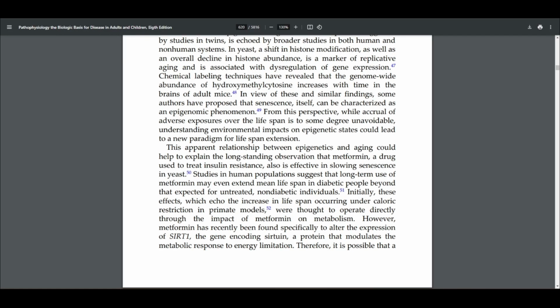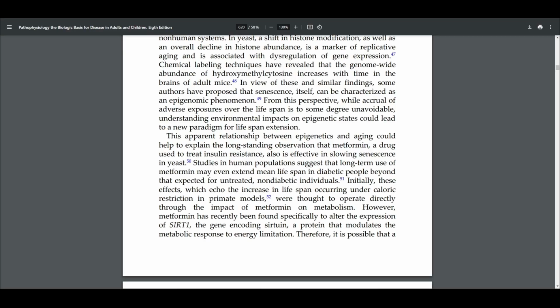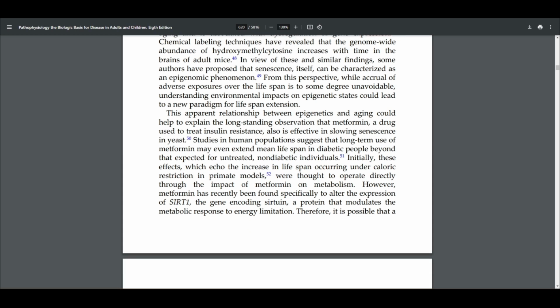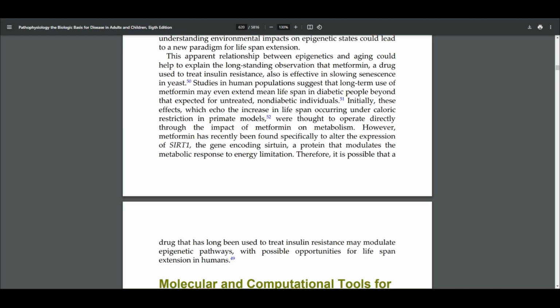In view of these and similar findings, some authors have proposed that senescence itself can be characterized as an epigenetic phenomenon. From this perspective, while accrual of adverse exposure over the lifespan is to some degree unavoidable, understanding environmental impacts on epigenetic states could lead to a new paradigm for lifespan extension. This apparent relationship between epigenetics and aging could help us explain the long-standing observation that metformin,